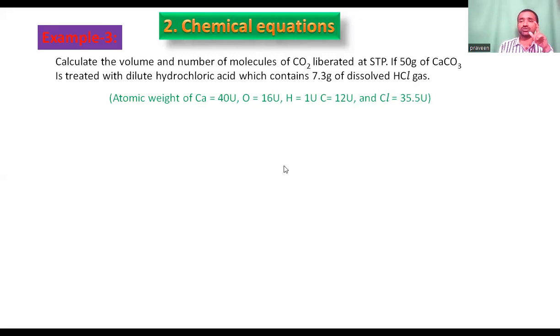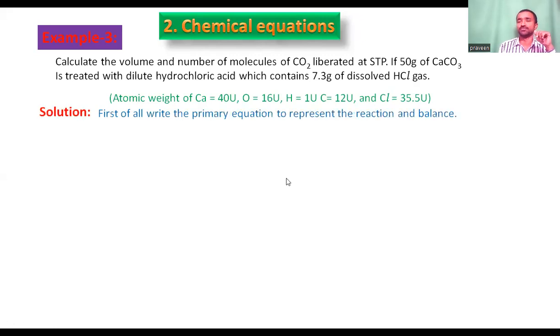Here the problem is about the equation, so you have to complete the equation part. If the equation is not given, write the primary equation to represent the reaction and balance it if it is not balanced. Okay, let's write the equation. Calcium carbonate is reacting with dilute hydrochloric acid. So CaCO3 plus HCl gives,